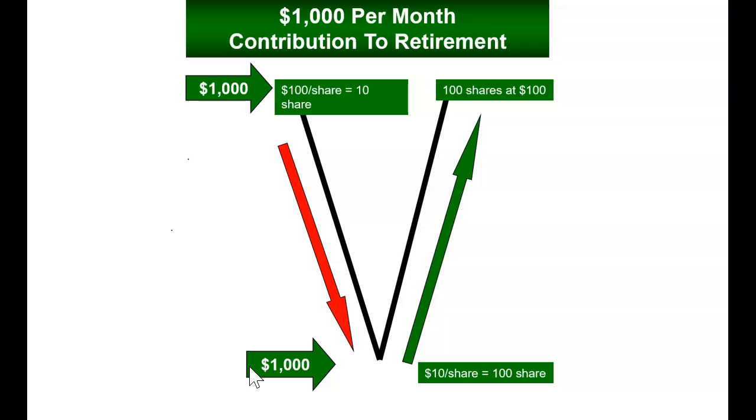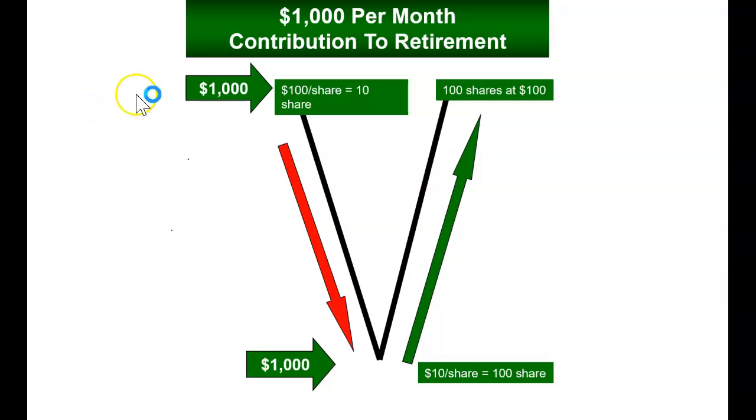We have a PowerPoint presentation, which you can have if you want, or you could simply use a whiteboard or a yellow pad to make this demonstration. In our example here, your client is putting away $1,000 a month towards their retirement. And we see a classic V shape in a market cycle.